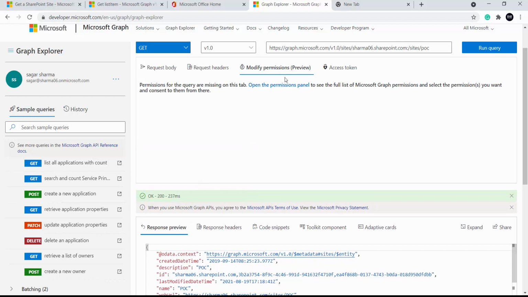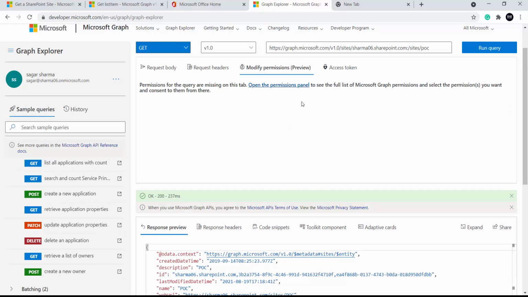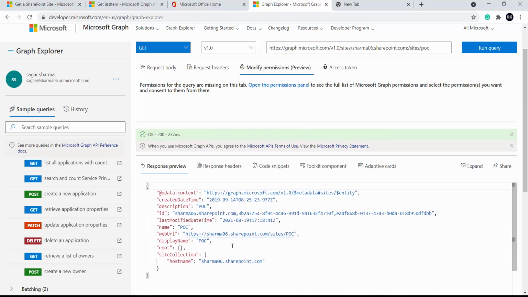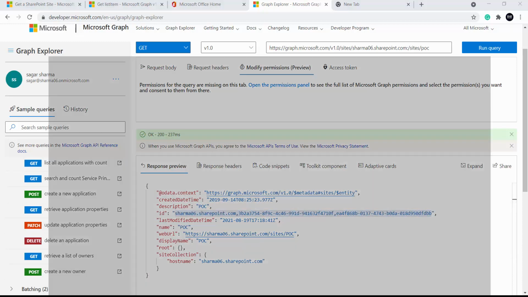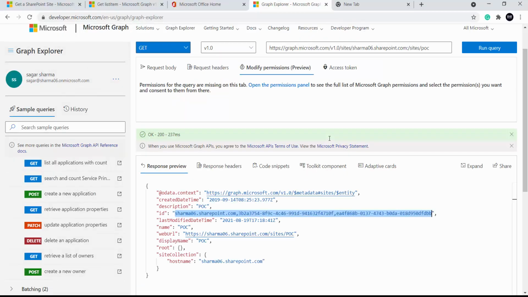First we'll see the permission section, and okay, over here this is fine. Nothing is available over here. So what I will do, using this, what I'm going to get is the ID. This is the complete ID which I want. So using this API, I will get the site ID. I will keep this site ID over here for now under this file. I will just use it while constructing my next API.